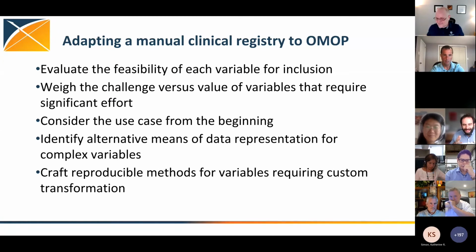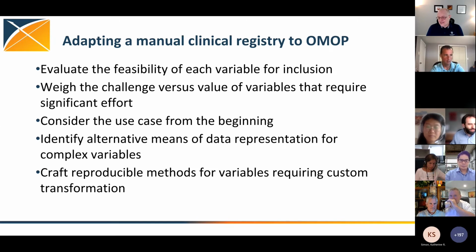Thank you, Paul. Normally when I speak to a group of clinicians, I'm trying to convince them why we should use OMOP. I don't have to convince this group of that. So I'm going to try to walk you through the challenges of adapting this manual registry by focusing on just a single variable. But when you first approach this problem of adapting a manual registry to OMOP, as Paul mentioned,